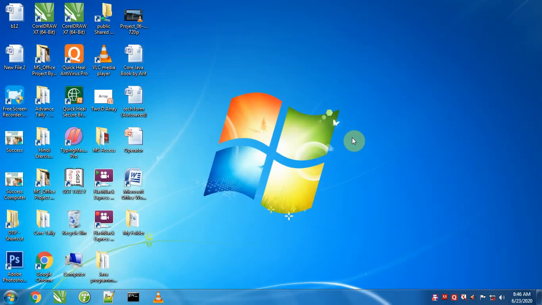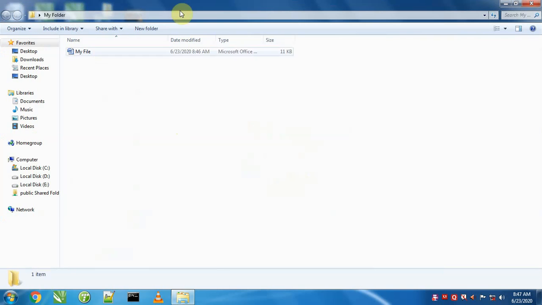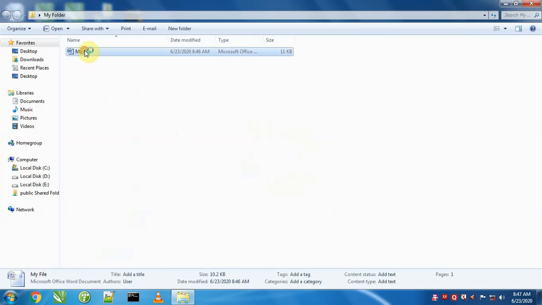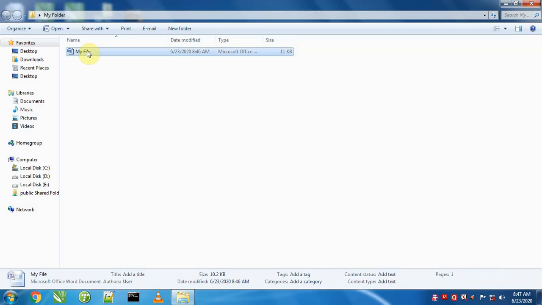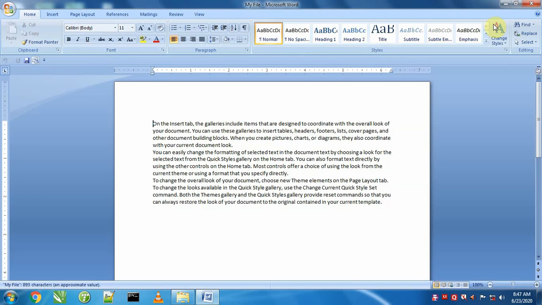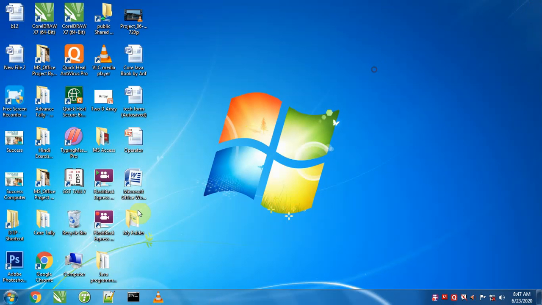So there are also various methods to open a previously created file. One method is we will open the folder or go to the file and double click on that file, it will open directly, or we will select it and press the Enter key from the keyboard, again the file will open. And one more way is this: we will